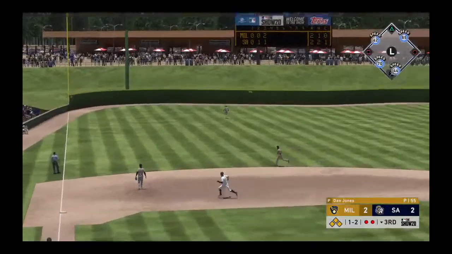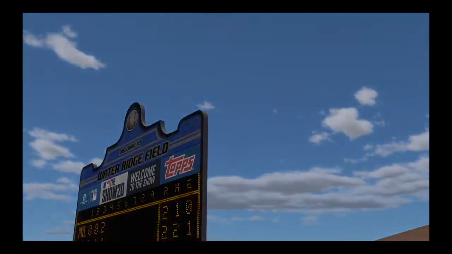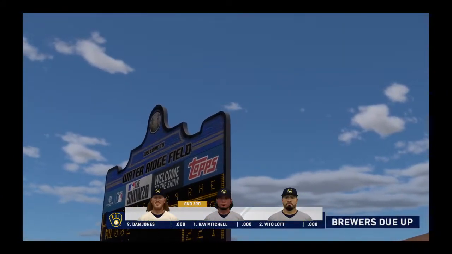Line drive to left. Number 14 is there to make the catch, and they'll escape the bases loaded jam by giving up just 1 run. So 1 run here, 1 hit, no